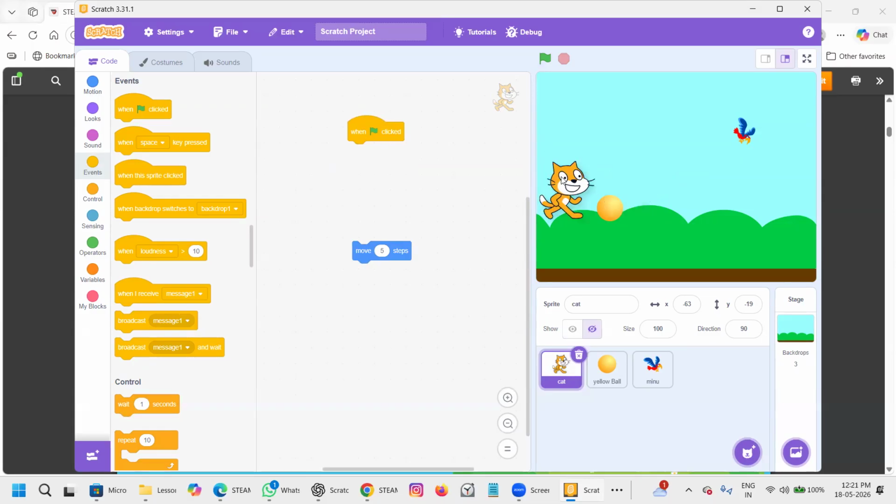But if you want to make a building using Lego blocks, you need to join them. Unless you join them, it will not show anything. So I will join these two blocks together, then only it will move.